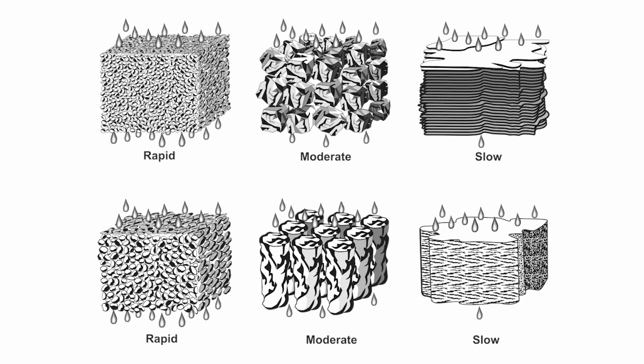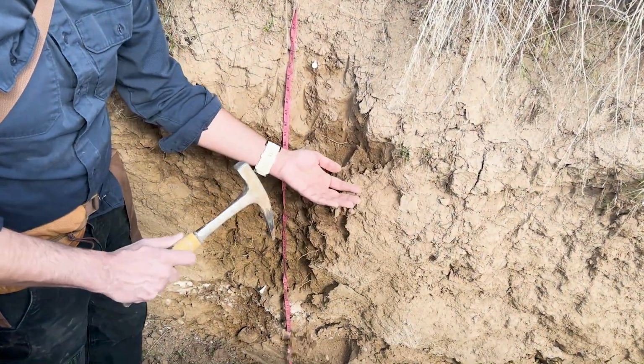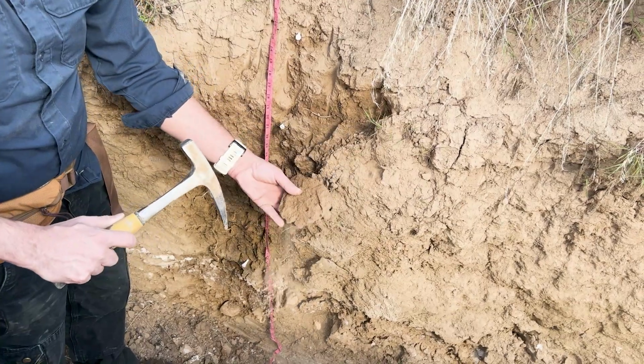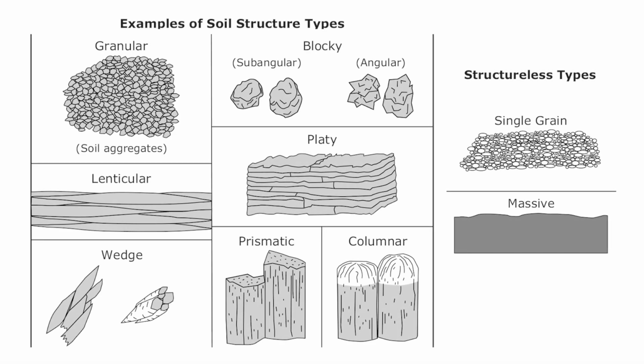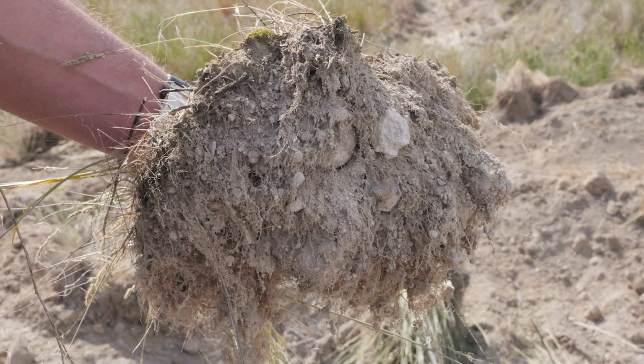To determine the structure of a soil, take your digging tool and knock some chunks of soil into your hand. Look at the natural clumps or units of soil, called PEDs, and match the shape with one of the pictures from the NRCS Fieldbook. The most common soil structure for the top layer of soil is called granular. Granular structure is characterized by small, round pellets. Sometimes these small PEDs will clump together around roots that are often found near the surface.